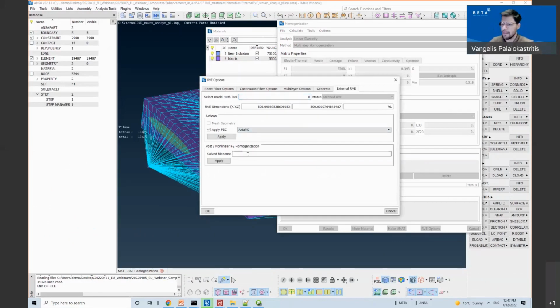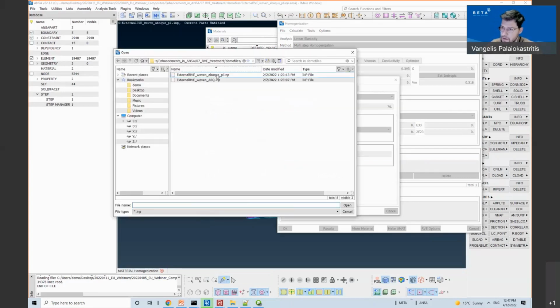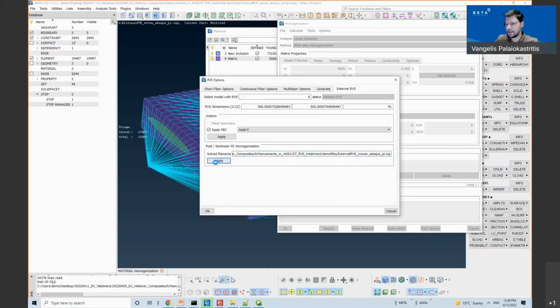Okay. And since I also have the ODB, I will go to the post-process section here, hit the question mark, and select the file that has been solved. In this folder, I also have the ODB with the same name, open, and I will press apply.